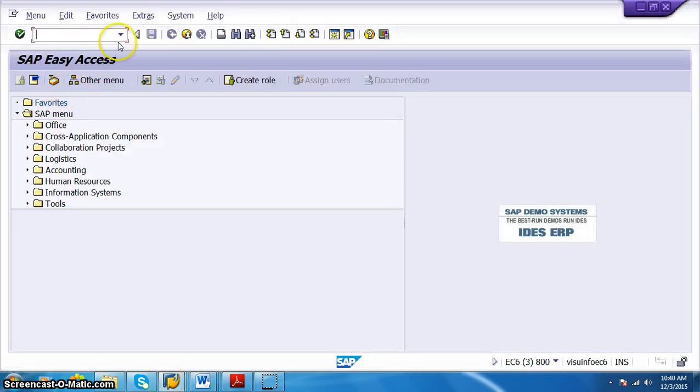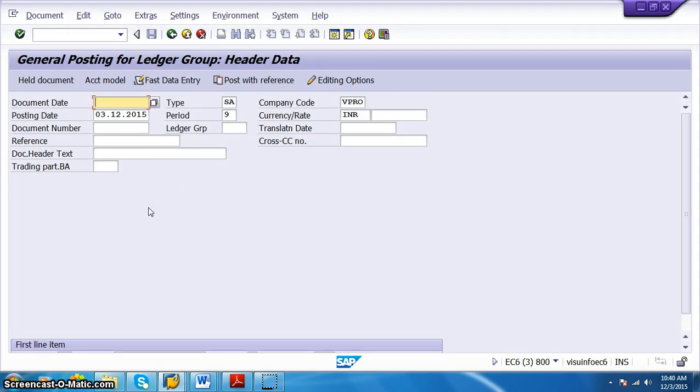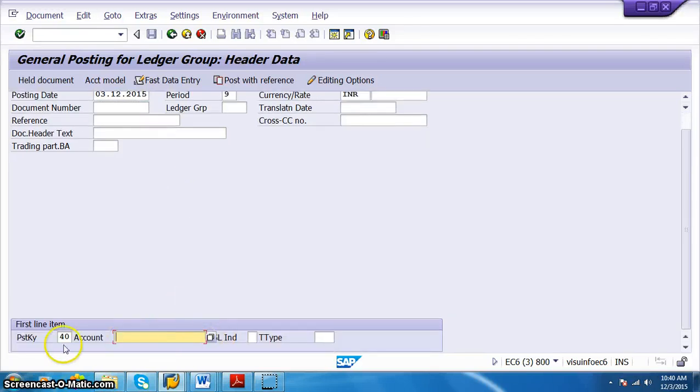Okay, so we'll go ahead and go for FB01L. FB01L is the old transaction which we use for creating the documents. Once we have created an account, we can create any number of documents for that particular account. So let us give the date. The date is today's date, and then we'll go for 40.